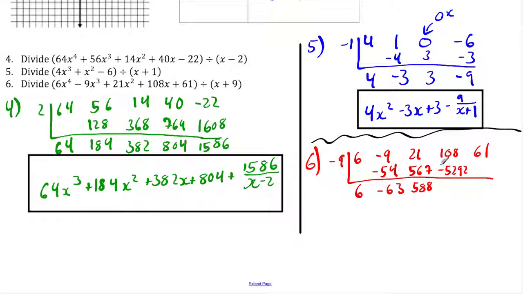And when I add that to 108, I'm going to get negative 5,184. When I multiply that times the negative 9, I'm going to get 46,656. And when I add that to 61, I'm going to get